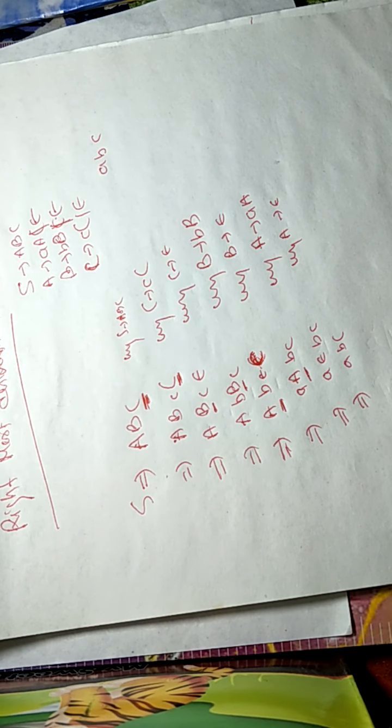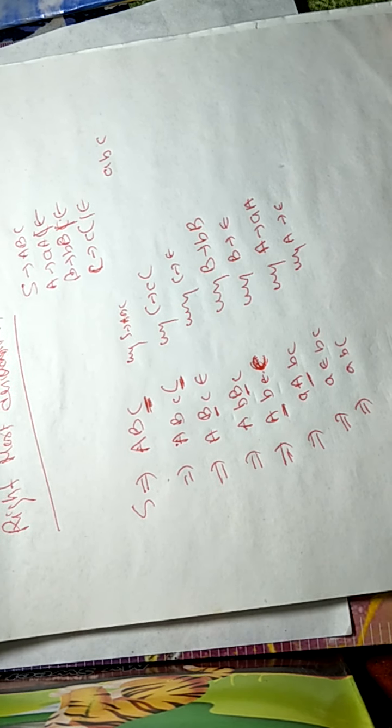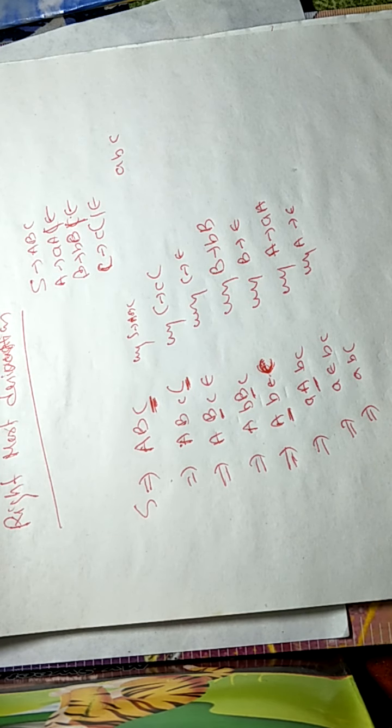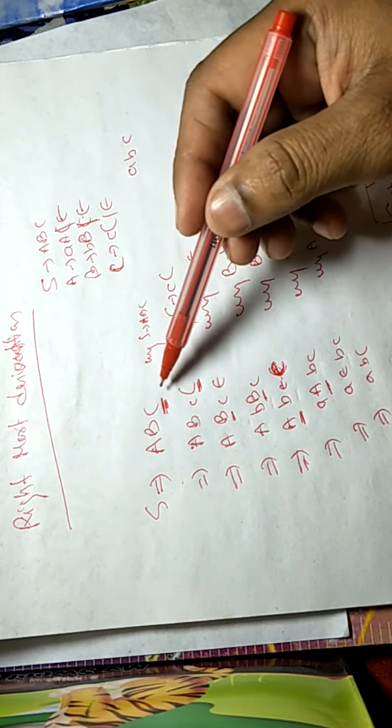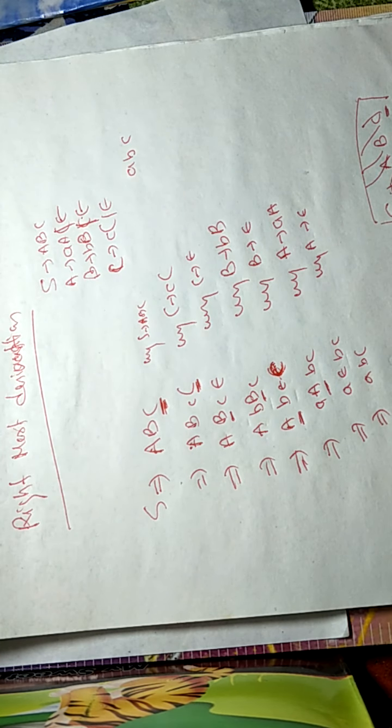In the previous example, we did it using leftmost derivation. So I can derive a string using leftmost derivation or rightmost derivation, or we can use random also if not given. I can replace this A first, then this C, then this B, then it will not be known as leftmost or rightmost. It is just a random way of doing derivation. So when we replace from the right, it is rightmost derivation. When we replace from the left, it is known as leftmost derivation.